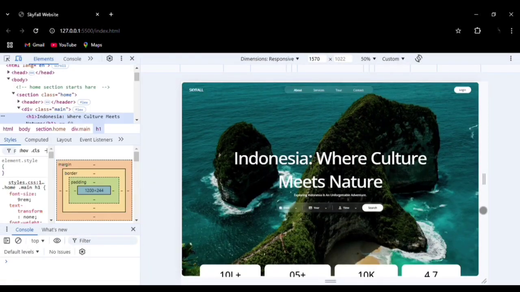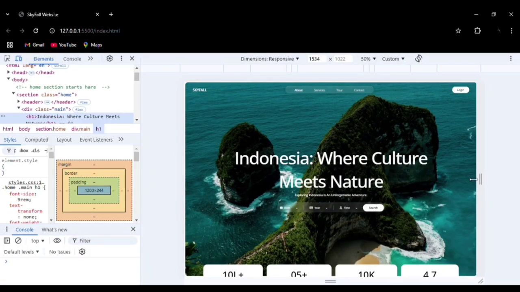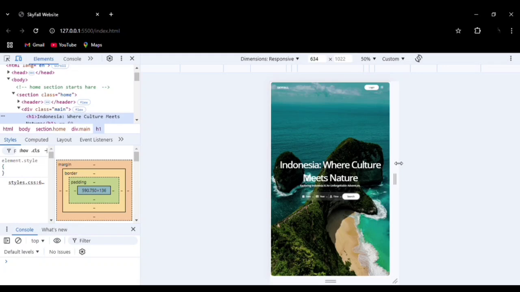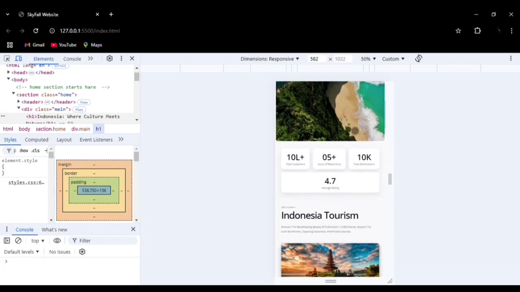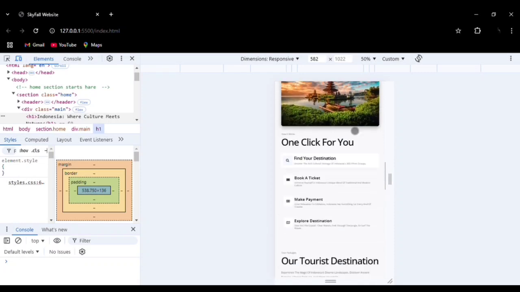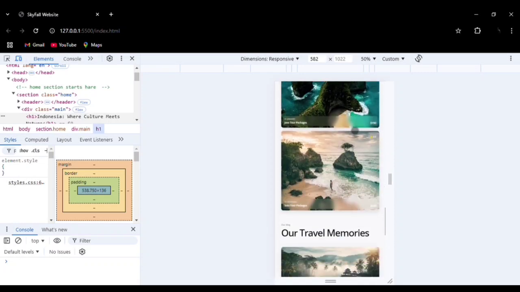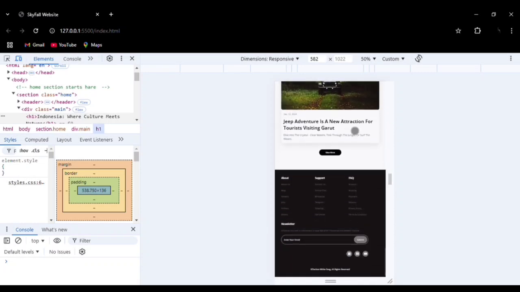Now let's go through the mobile version. Show you the mobile version of the website. You can see this is the mobile version of the website, and you can see the menu bar on the top bar. You can see how neatly aligned the menu bar is. Then you can go to the next section. You can see perfectly aligned each and every section, each and every image is perfectly aligned with the screen size